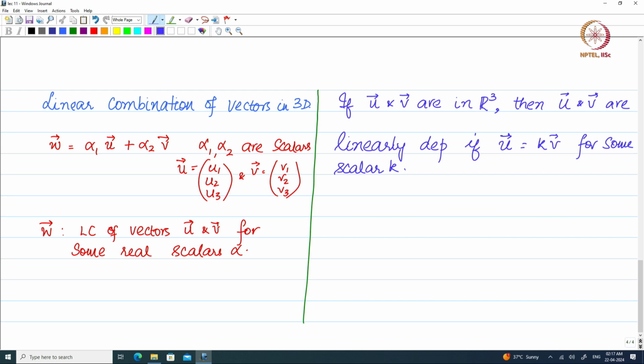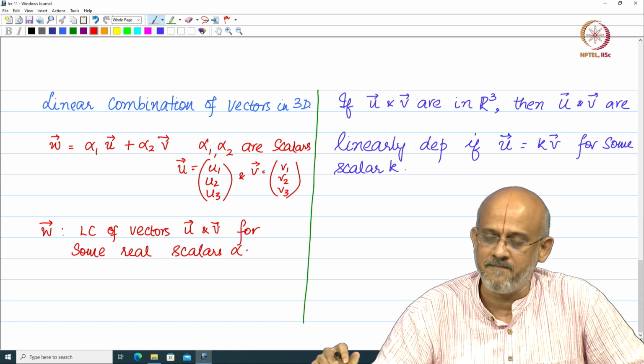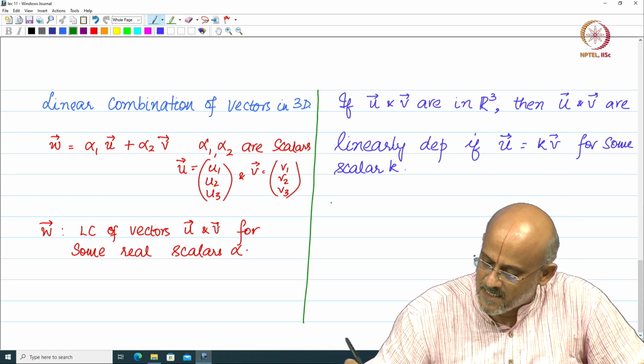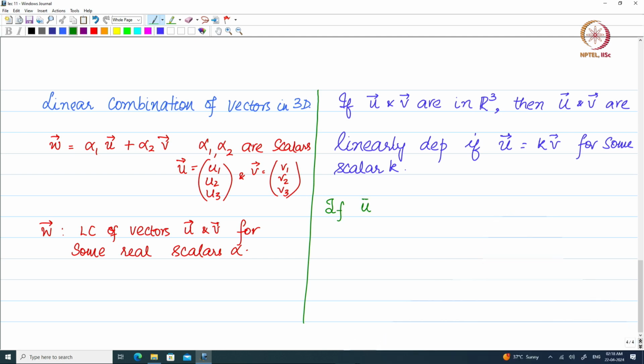But we have already seen that any vector u is expressed as a linear combination of 3 vectors, namely the E1 vector, E2 vector and E3 vector. Therefore, the natural question is what happens when we have 3 vectors u, v and w. If we have 3 vectors, how do we define linearly independent and linearly dependent in that case? We say that if u, v and w are vectors in R3,